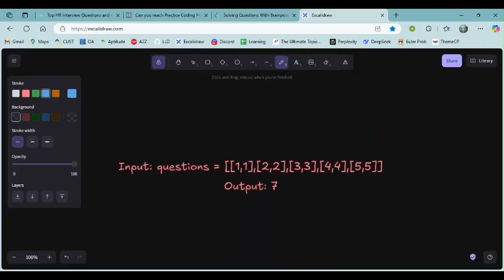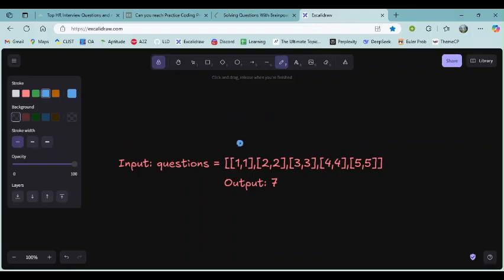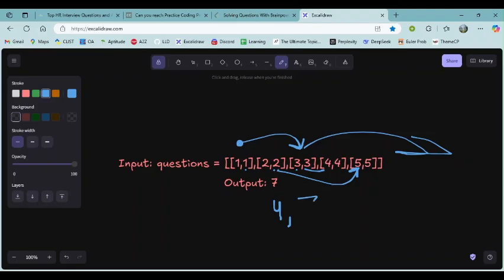Let's try to understand the second example. This is our second example, in which we are given 5 problems: [1,1], [2,2], [3,3], [4,4] and [5,5]. If I take this, I cannot take the next 1 problem, so I can take this. If I take this, I cannot take the next 3, so I cannot take all these problems. So my sum will be 3 plus 1, that will be 4. And if I take this, I cannot take these two. So I should take these two, so our sum will be 2 plus 5, that will be 7.